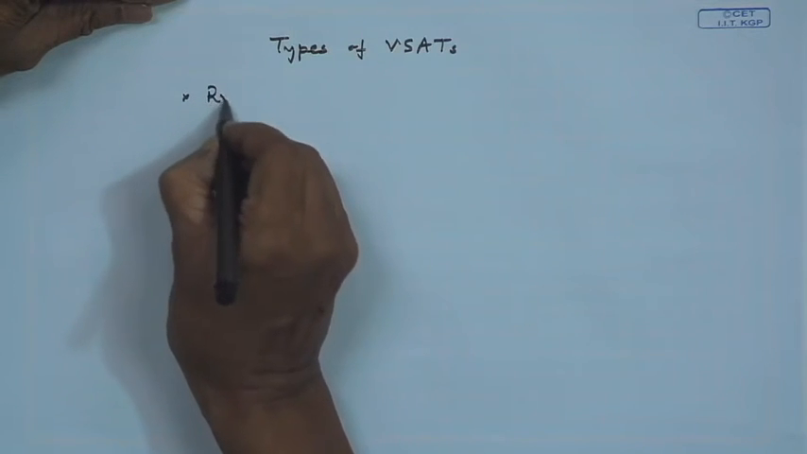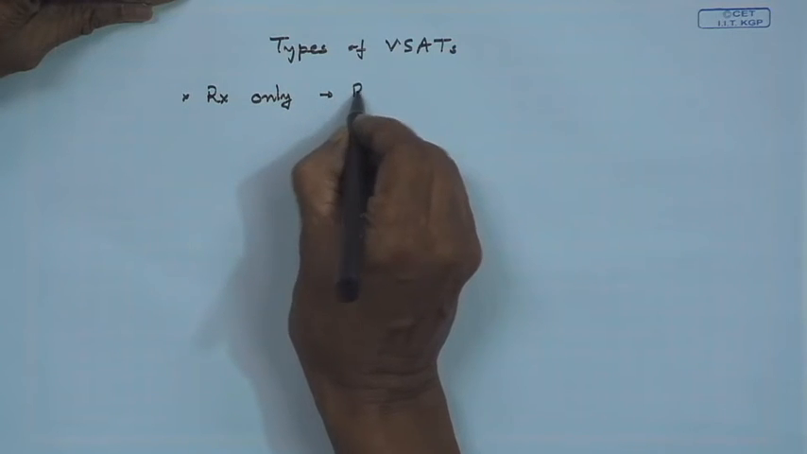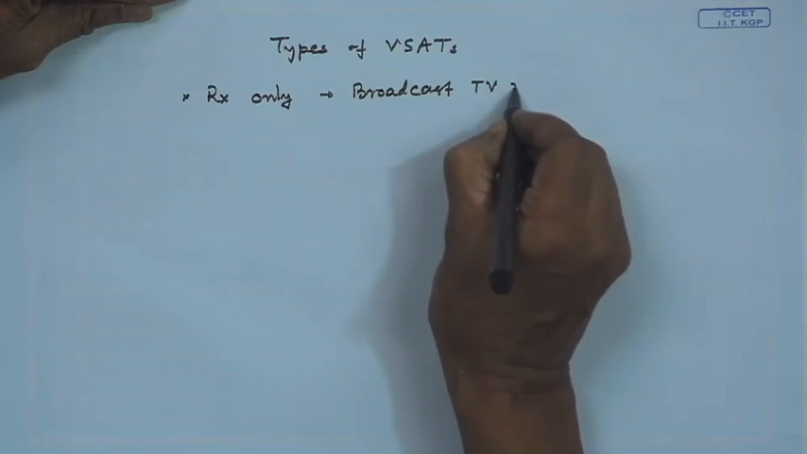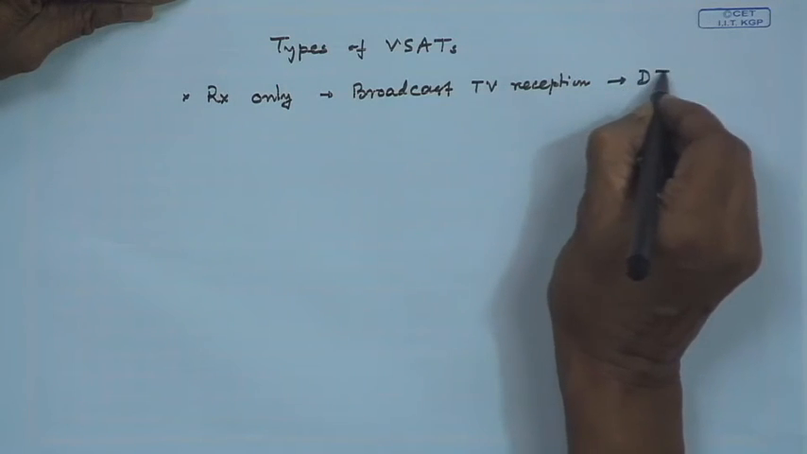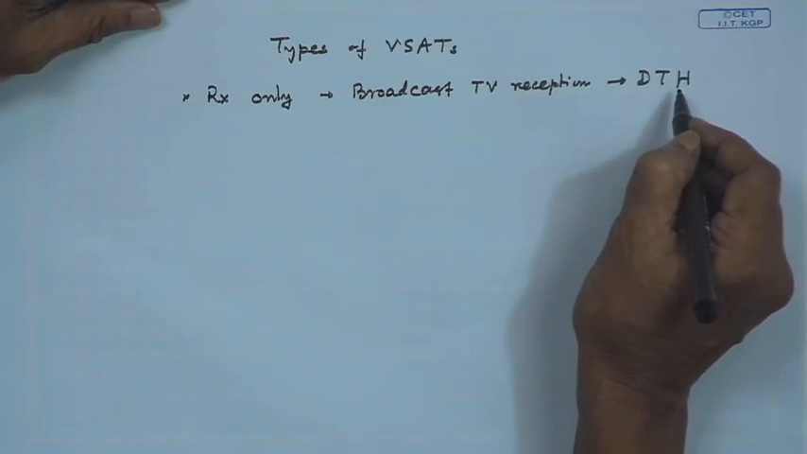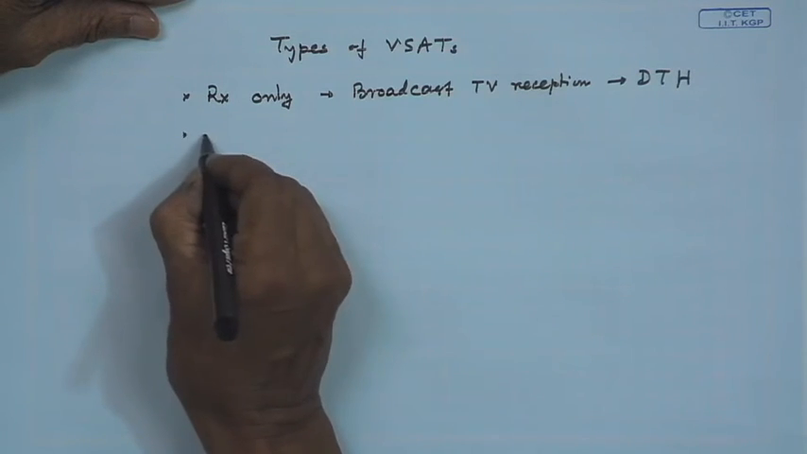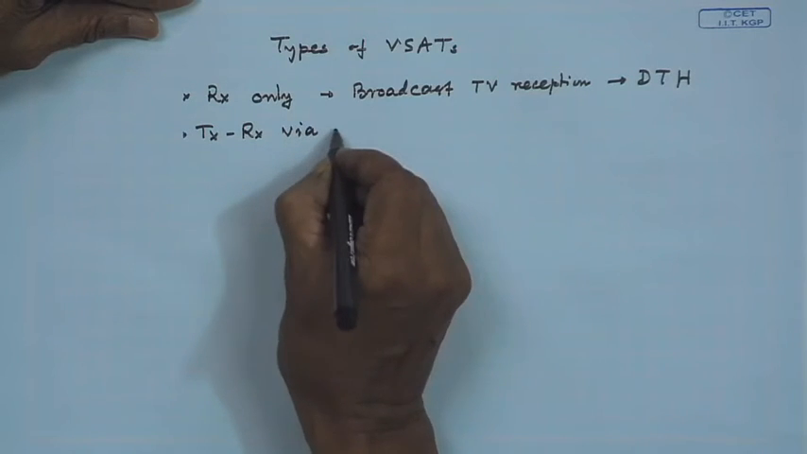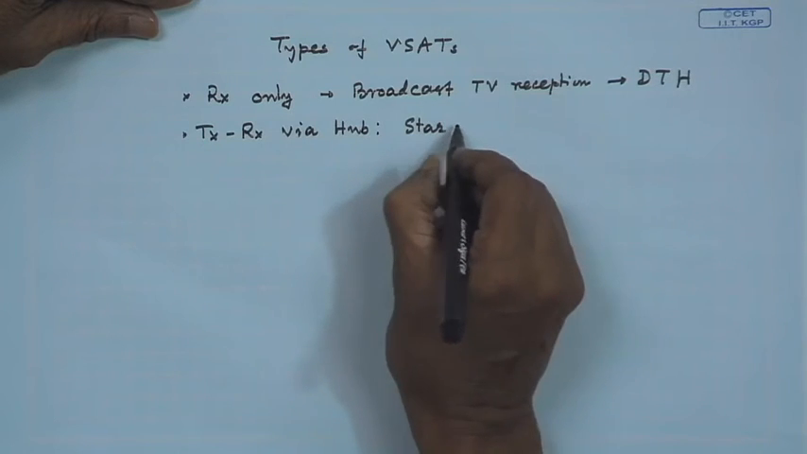That is receive only, that is for broadcast TV reception, called DTH. Its antenna is very small, of less than 1 meter, and only the receive chain is there. Then transmit and receive via hub. This is a star configuration and